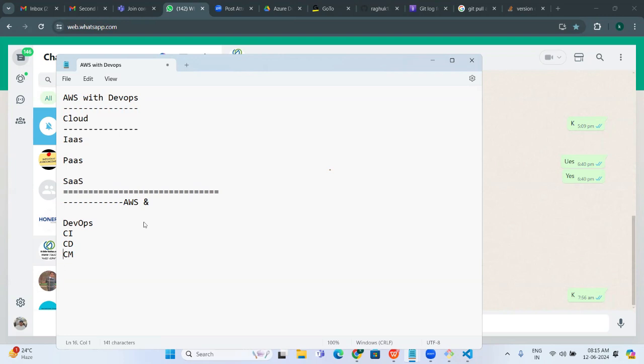So how is cloud computing helping DevOps? If you look at here, let us say a developer team is there. They develop the code.